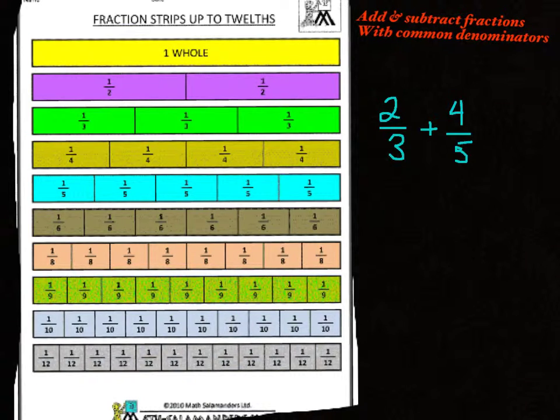So for today, you're going to be dealing with just quantities that are the same, size of sections that are the same. So when we talk about common denominators, we're dealing with the size of sections that are identical. Okay? So, for example,